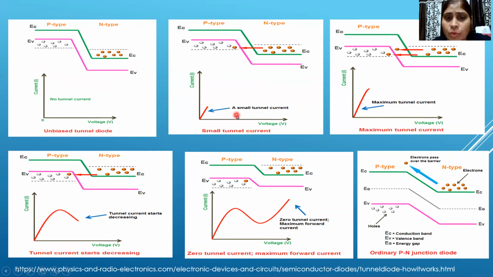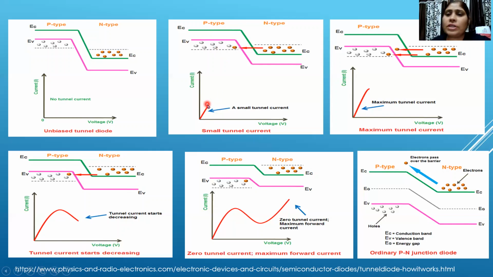But when a very small voltage, less than the cut-in voltage, is provided to the diode, the energy level of the conduction band is increased. So this energy level moves towards the upper side. So the energy level of the conduction band at the n-type layer and the energy level of the valence band at the p-type layer are somewhere at the same position. So some of the electrons start moving from the conduction band of the n-type layer towards the valence band of the p-type layer. So some current starts flowing. So here the current is shown.